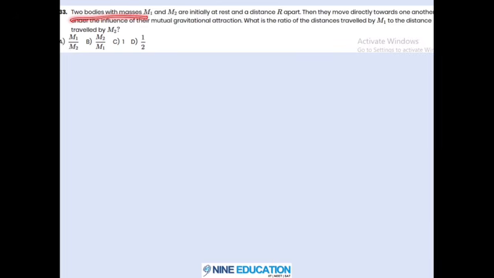Two bodies of mass m1 and m2 are initially at rest at a distance of r apart. Then they move directly towards one another under the influence of their mutual gravitational attraction. What is the ratio of the distance traveled by m1 to the distance traveled by m2? Okay, so what we'll do,